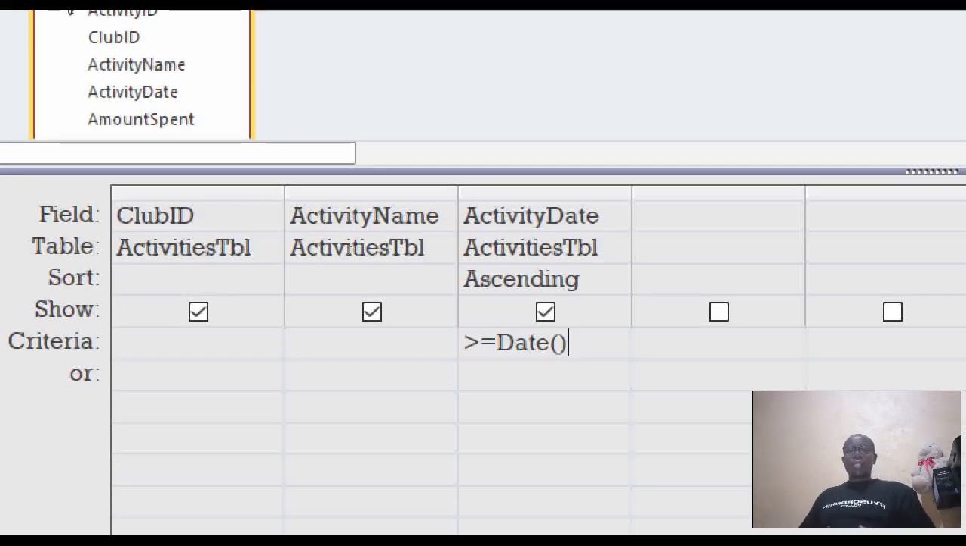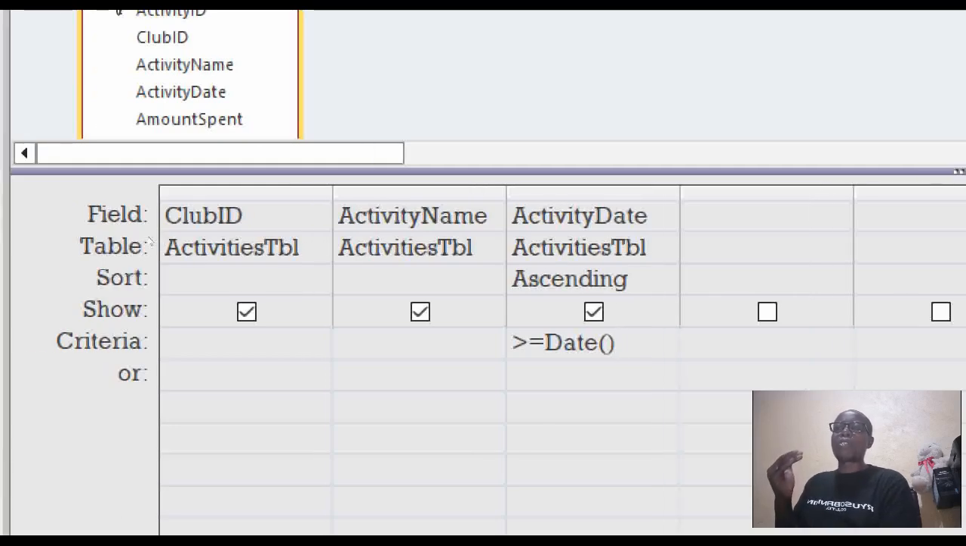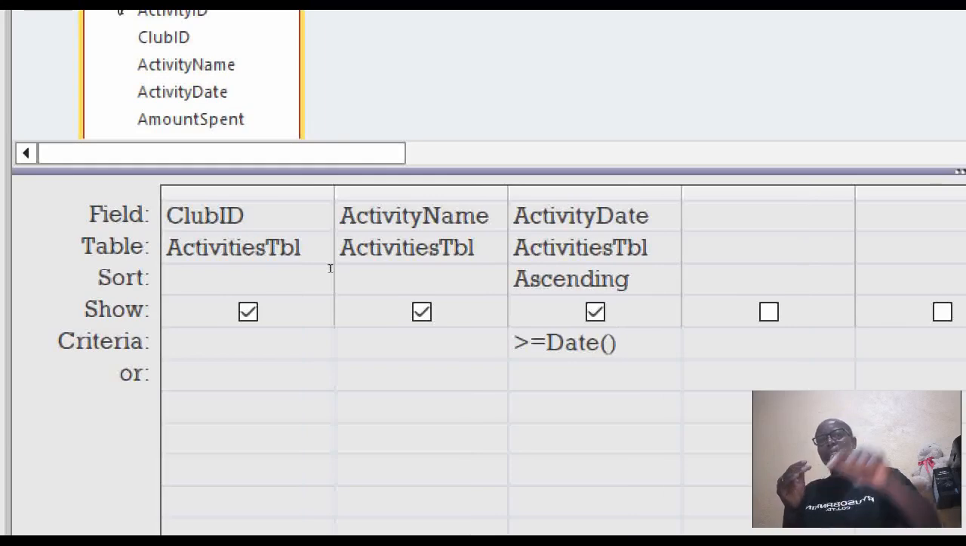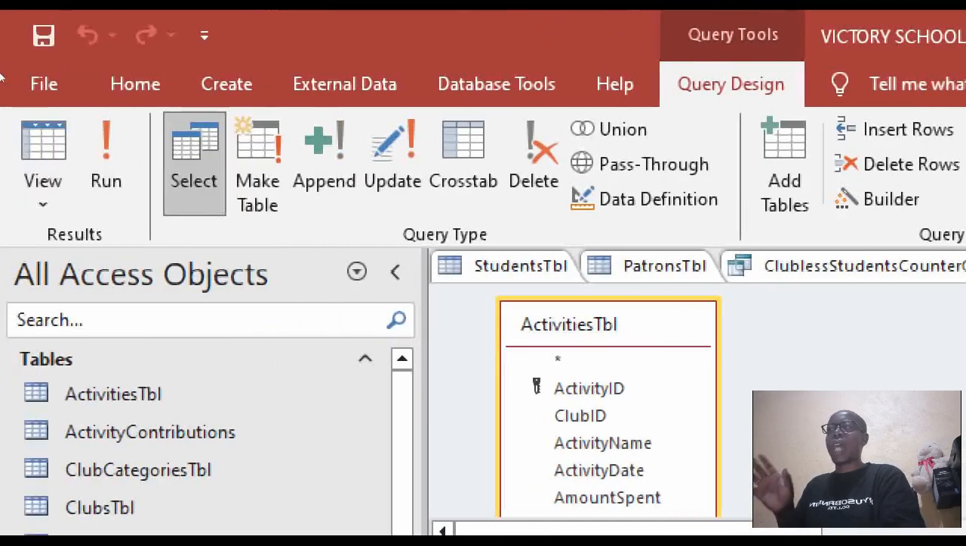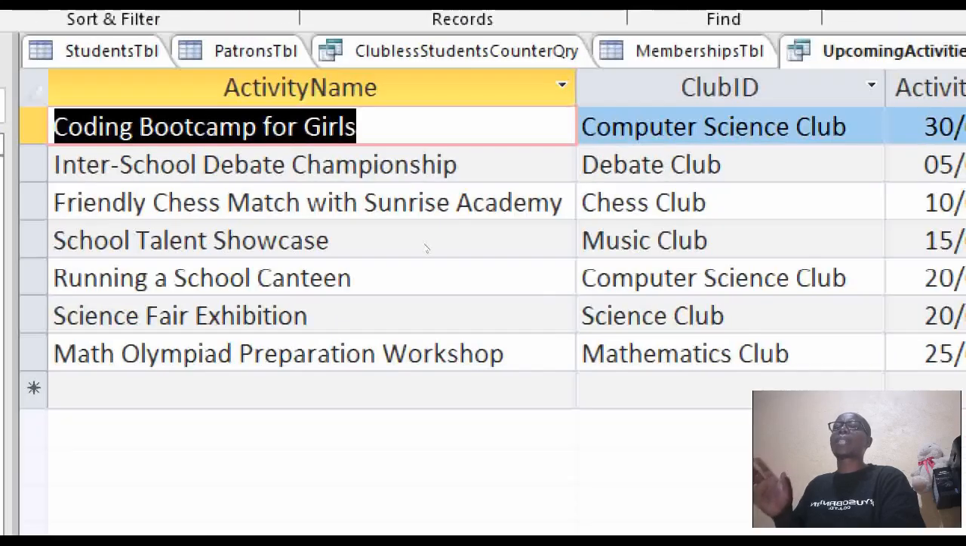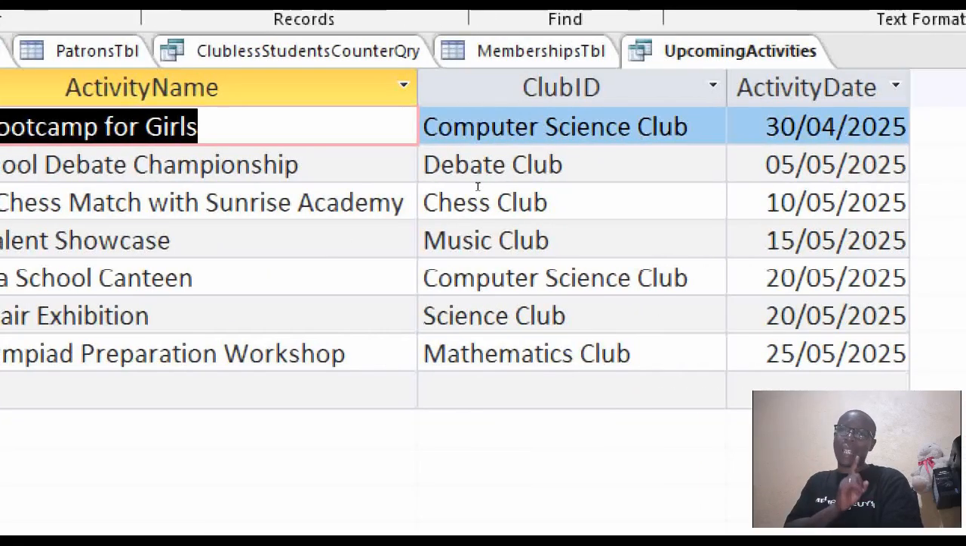Now, events that have not taken place, how are we able to filter them? We are able to filter them by giving an expression that uses the date today. The date function does that. Therefore we say any event that has a greater date than today's date, or a date equal to today, means it's a future event. So with that criteria, we are able to list all future